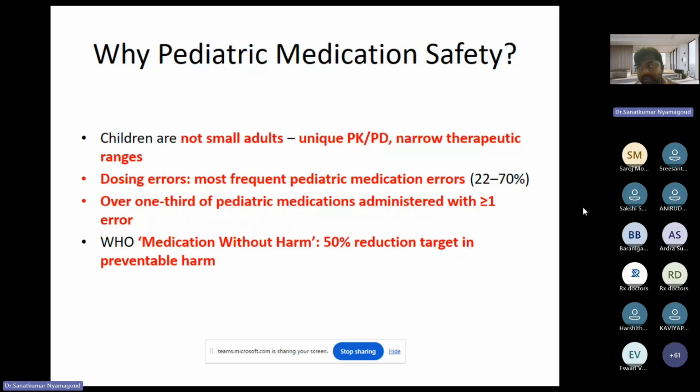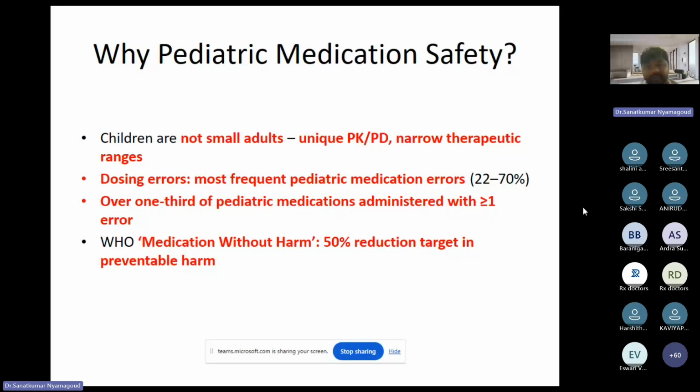For example, take a pediatric ward with 100 admitted patients. If 50% of the pediatric babies are getting medication errors, then from a clinical pharmacist's perspective, you can reduce medication error problems for up to 50 patients. It means that half of the population admitted to pediatric ICUs is suffering from errors.